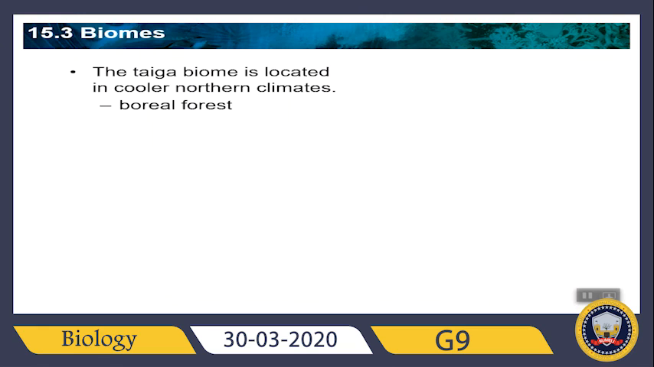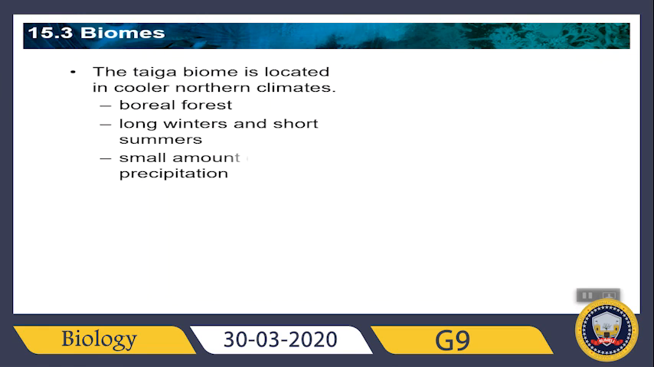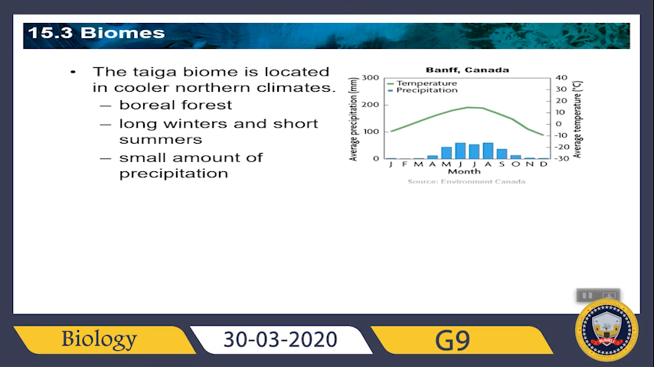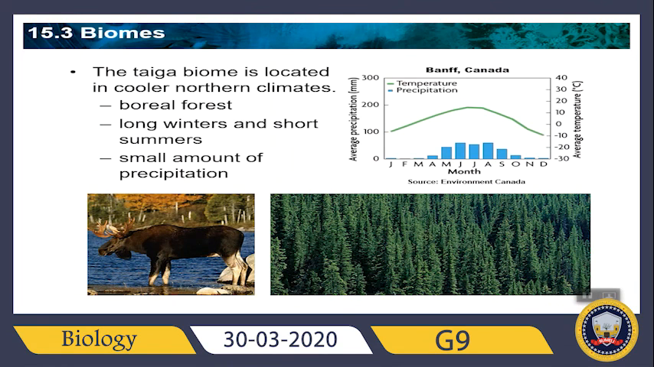Okay, taiga, boreal forest, long winters and short summers. The winters may be 9-10 months, and the summer only 2 months. Small amount of precipitation, because most of their precipitation is snow, and the snow will stick to the forest almost 4 or 5 months. So now the taiga, this biome,